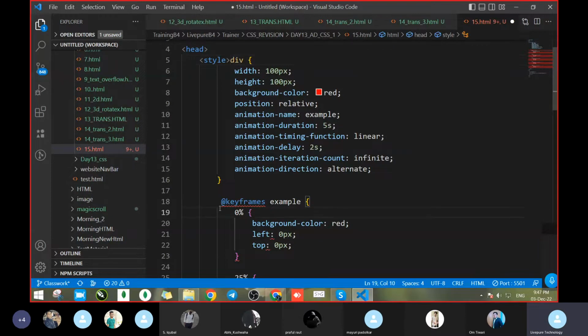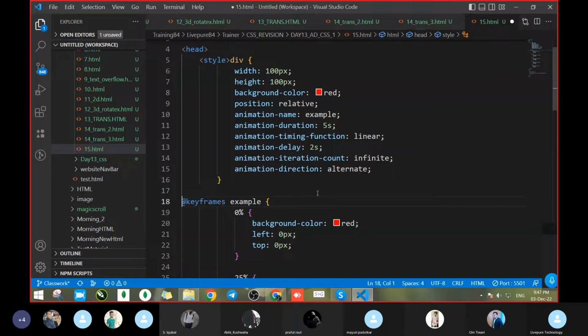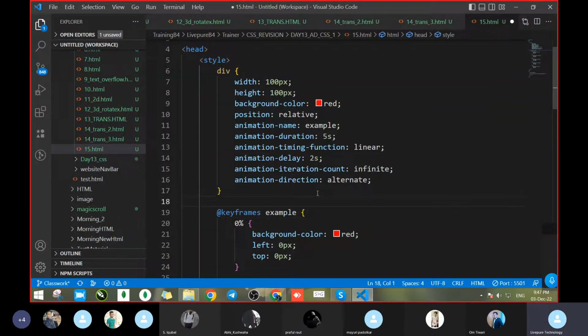Now we can add the key effect here. Now see what we have written here. Width, height, background color, position. Animation name, we gave just an example. Animation duration for 5 seconds. Animation timing function, we typed linear. Then animation delay,